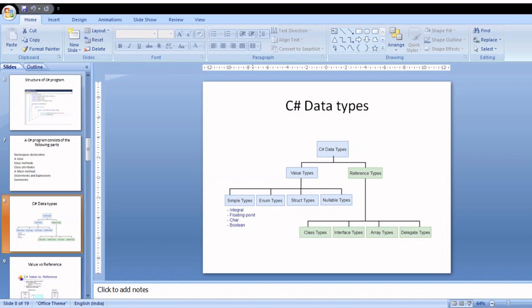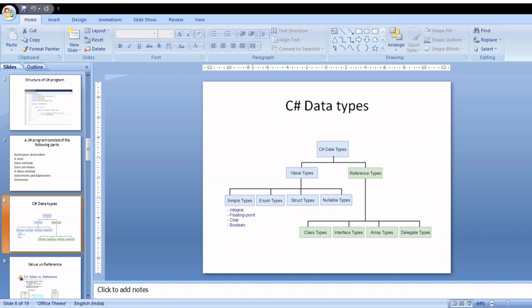Next, coming to floating point category, here you have two data types, float and double, with the size 4 bytes for float and 8 bytes for double data type. Next, you have character data type for storing the characters. Next, you have a Boolean data type, which is used when we want to test a particular condition during the execution of the program.